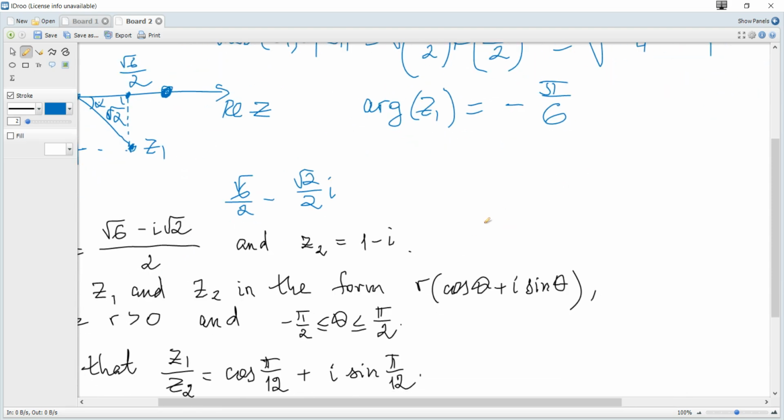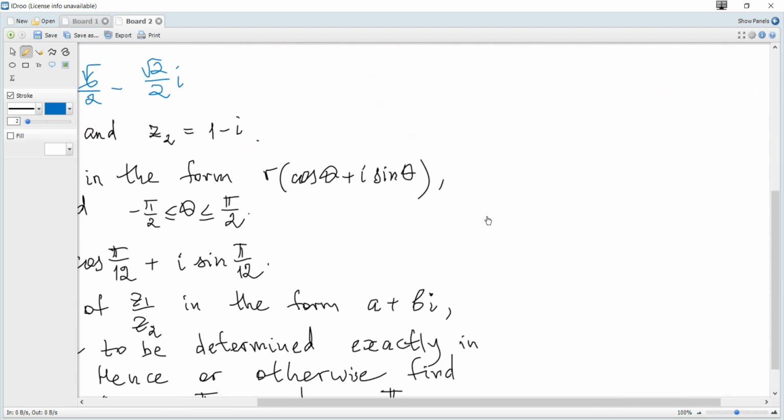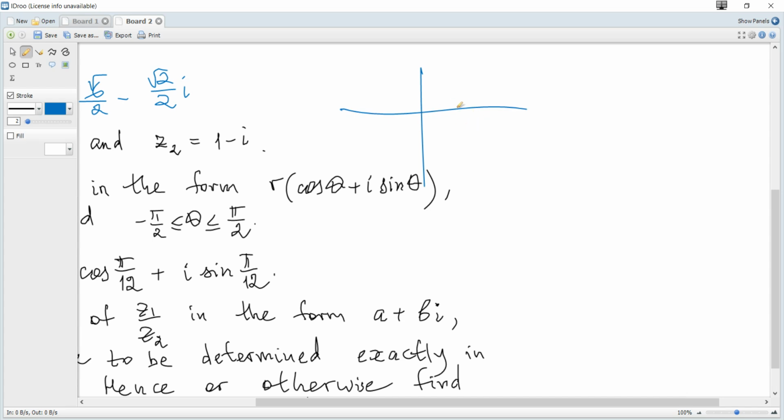And we do the same for z2. For z2, 1 and negative 1, and you may notice that it's just an isosceles triangle. 1, 1, imaginary, real, and it's quite easy. It's clear that the angle is 45 degrees, or in radians it's pi over 4, and again it's 0 for argument, and it may be given as 360